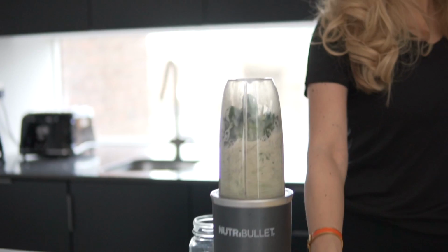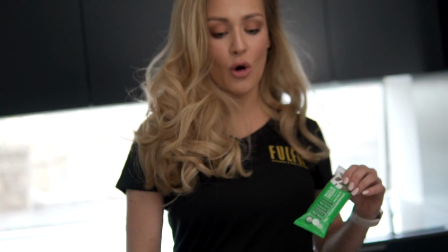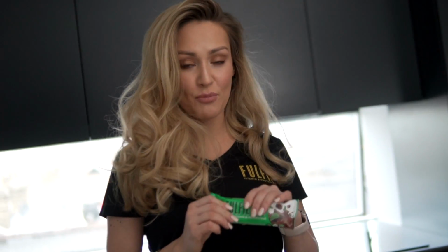Everyone, I'm Maeve Madden and today I'm going to show you my favourite post-workout protein shake. So I'm going to be using a mint Fulfil bar which is packed with 20 grams of protein and it